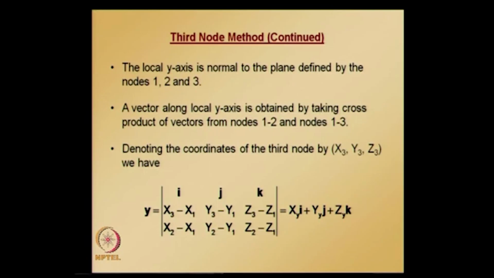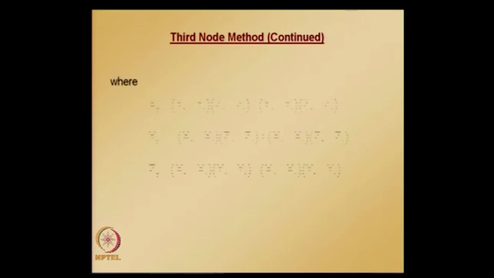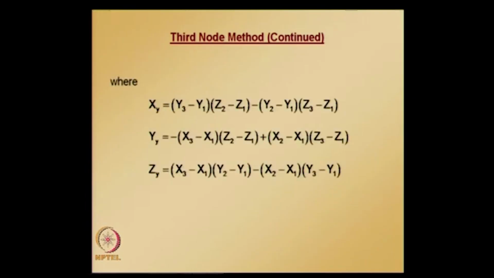This vector can be obtained by finding this cross product, and here it is compactly written in terms of xy, yy, zy, and these are defined like this. After carrying out the cross product, we get this,